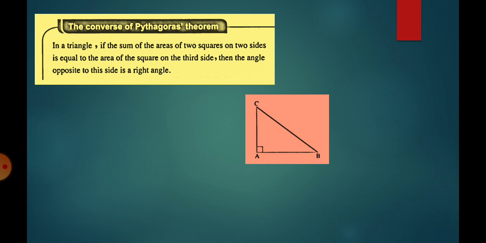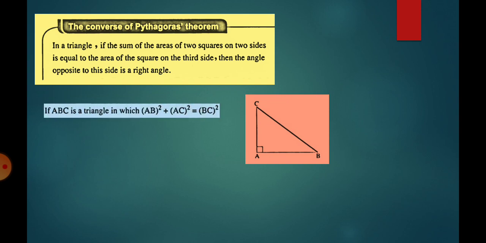It means if AB power 2 plus AC power 2 equals BC power 2, then the angle opposite to BC equals 90 degrees. If ABC is a triangle in which AB power 2 plus AC power 2 equals BC power 2, then the measure of the angle opposite to BC equals